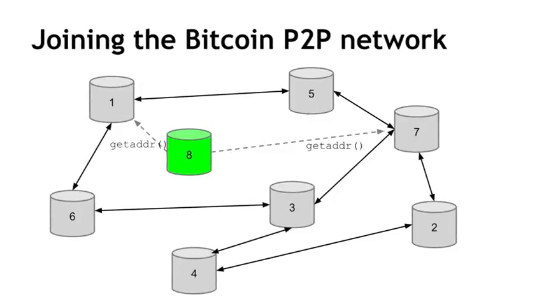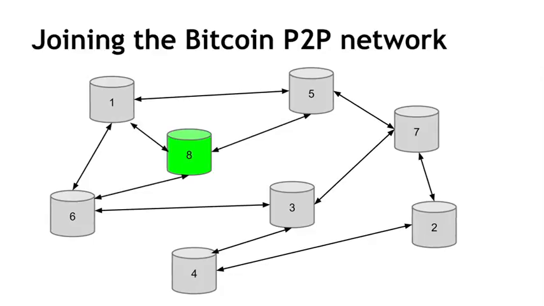And then you might go talk to 1 and 7 and say, hey, tell me everybody on the network that you know about. And they'll send you the nodes that they know about, and you can iterate as many times as you want until you have a list of peers to make connections with. And then you can choose which ones to peer with, and you'll be a fully functioning member of the Bitcoin network. And again, there's a few steps of randomness here, so depending on which seed node you used or which of the peers of the seed node you decided to talk to, you'll end up with a random set of nodes that you're connected to, but that's perfectly fine.